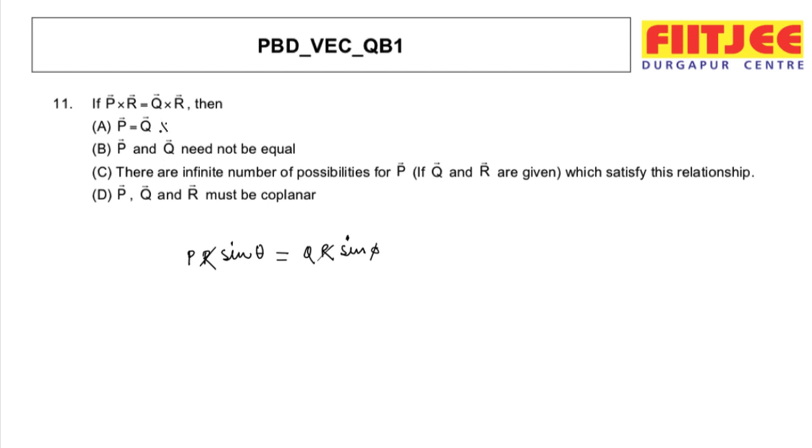We will not take it. P and Q need not be equal. As from this equation it is clear they need not be equal. There are infinite number of possibilities of P for a given Q and R. So if Q and R are given, then theta and phi are determined for a given Q and R, right? So you can see that if Q and R are given,